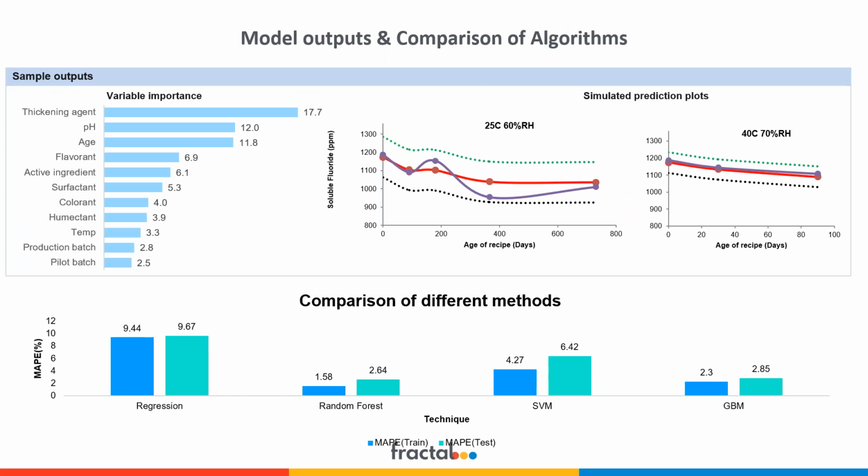So if you look at the right hand side, you have these simulated prediction plots. You have two different experiments that are happening. You have soluble fluoride on the y-axis, which is the concentration of soluble fluoride in that particular experimental setup, and the age of recipe, number of days, is the x-axis. And along with these, there is a third dimension, which is mentioned on the top, which is the temperature and